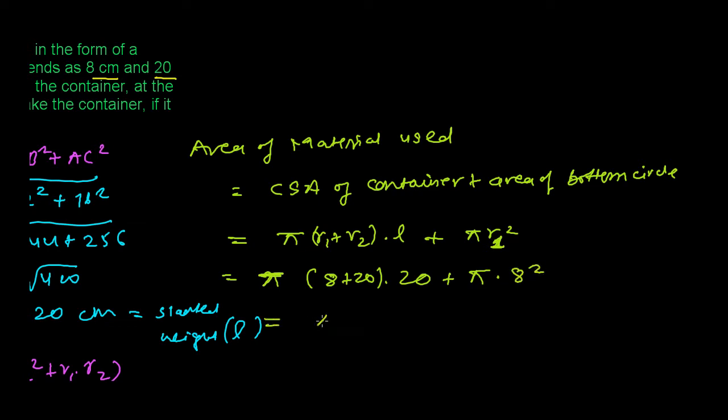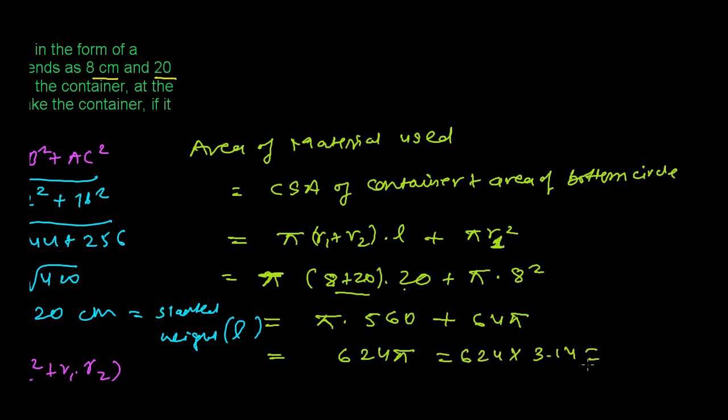So finally we get pi into 28 into 20, that's 560, and again 64 pi. Now 560 plus 64 is 624 pi, that is 624 into 3.14, which is going to be